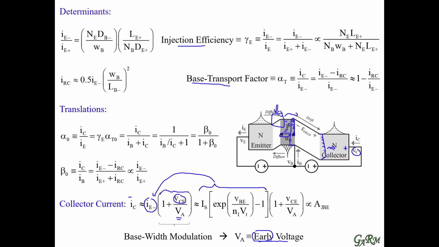So that increases exponentially with a forward biasing voltage across the base emitter junction with respect to the thermal voltage. And here we have the reverse saturation current, and that reverse saturation current is directly proportional